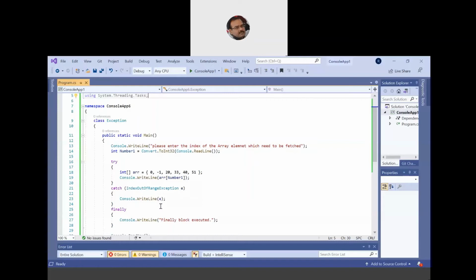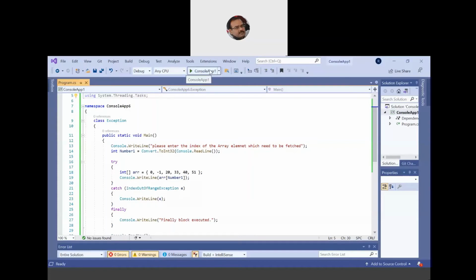So there are predefined exception classes I can use, like index out of range exception, array index out of bound exception, arithmetic exception, then memory out of stack exception. There are predefined exception classes provided both in Java and C Sharp. And if your code throws an exception which is beyond these classes, then right at the last line of the catch, we can write the general exception. We can make a call to the exception class which will handle any kind of exception. Whatever code you have written, that will be handled by the exception classes.